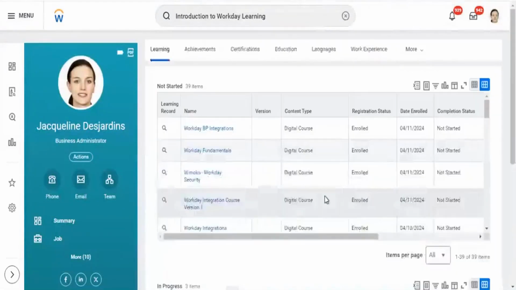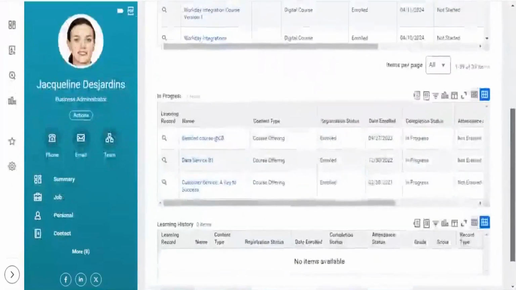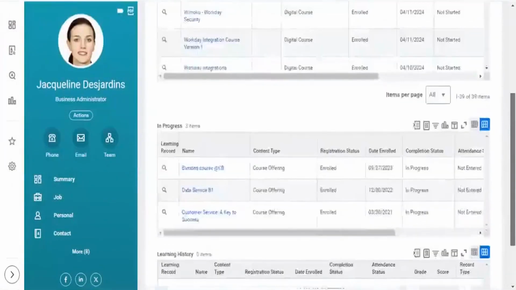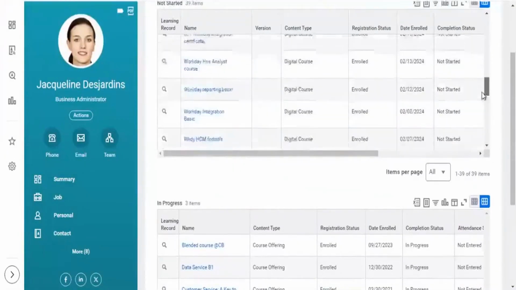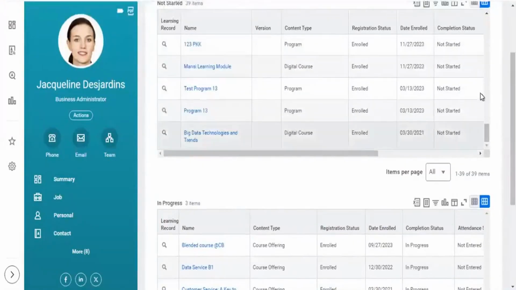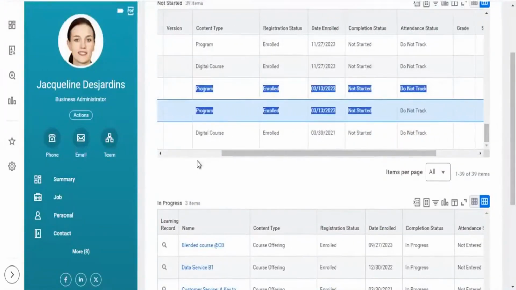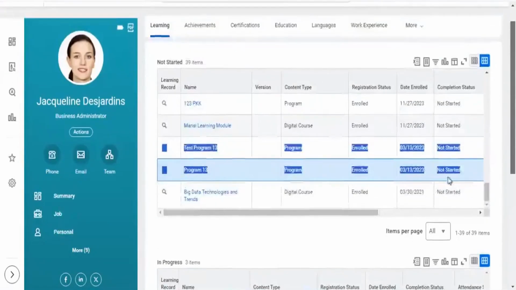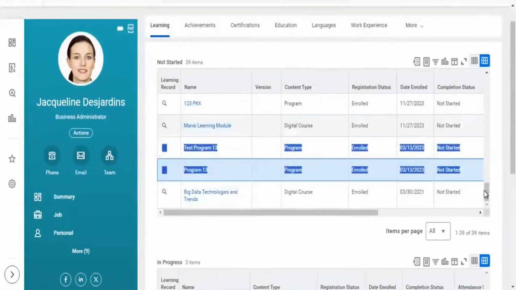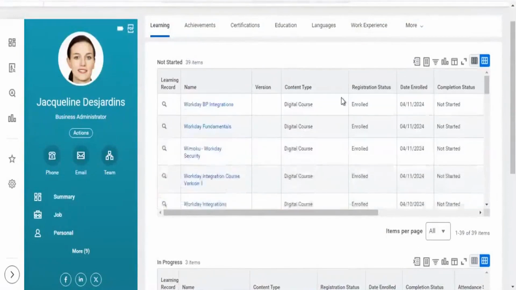If you go to the employee record, we should be seeing the complete action. Where has the 12 gone? And what is the course that we did? Let me do one more to see. Workday BP integrations. Let me see.